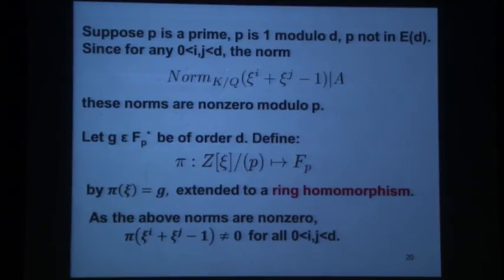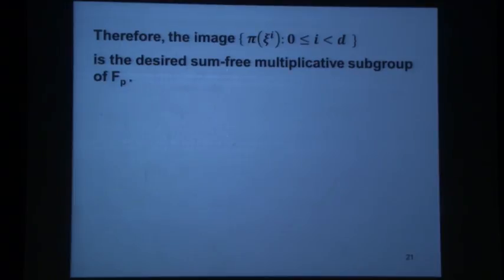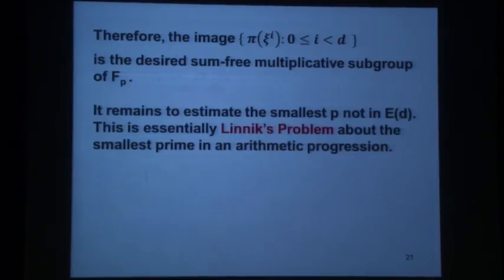And because the above norms are non-zero, the crucial fact is that xi to the i plus xi to the j minus 1 is not mapped to 0, because we can multiply it by its conjugates and get an integer that is not 0, because it's not divisible by p. So there are no zero divisors in the field. So this is mapped not to 0. And exactly this means that the image of all these xi to the i is indeed a sum-free multiplicative group, as we wanted. The only thing that remains to do, I wrote it here, is to estimate the smallest p